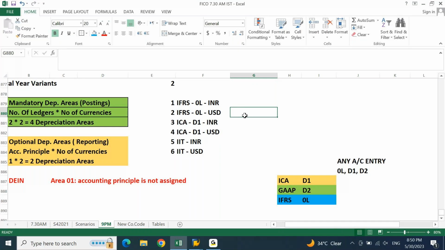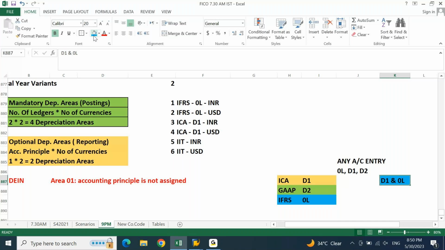Now there may be another requirement wherein you want to adjust some postings only in D1 and 0L. Possible? I may want to pass an entry, but this entry I want to hit only the D1 ledger and 0L ledger. I don't want this entry to reflect in D2, but only in D1 and 0L. Possible or not?